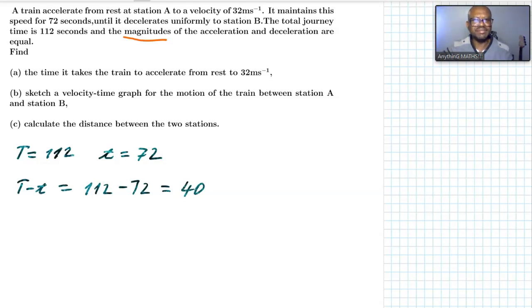Now this is the most important point. When we look at the acceleration and deceleration, they have something in common. The initial velocity for acceleration is 0, and the final velocity is 32 meters per second. And the initial velocity for deceleration is 32, and the final velocity is 0. Now, we are told in the question that the magnitudes of the acceleration and deceleration are the same. So it means that the 40 seconds is evenly distributed